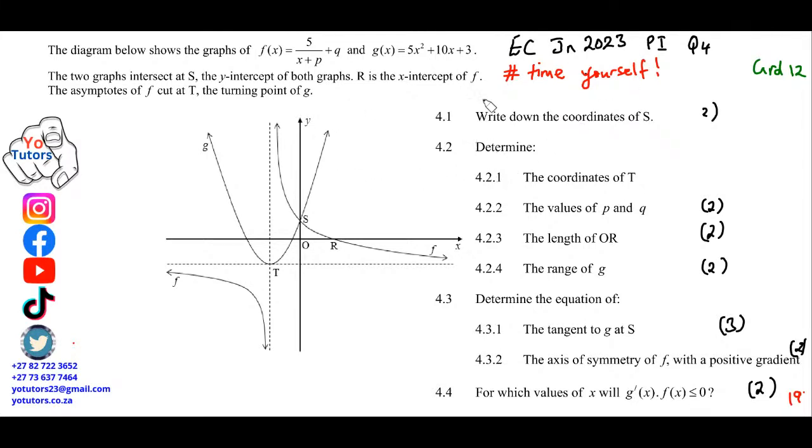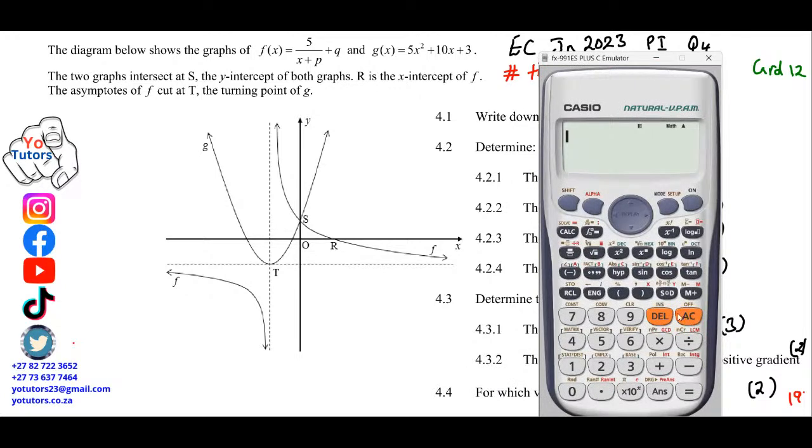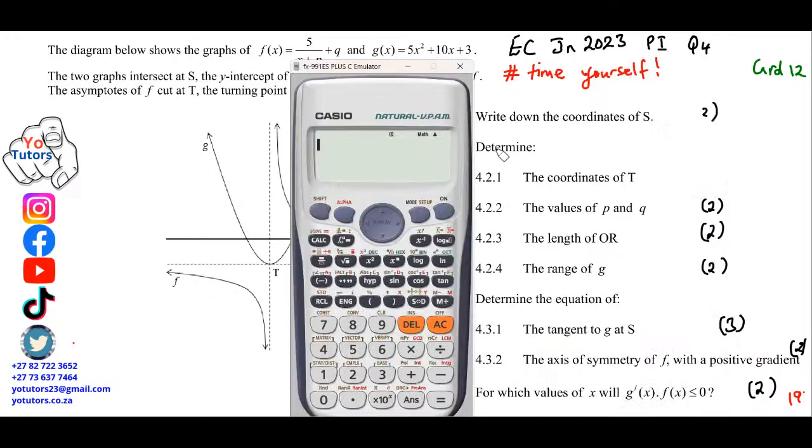So today we have a paper here, question 4 from Eastern Cape, June 2023. But before I continue, you can see here the hashtag is "time yourself". What do I mean by that? Make sure that you use the time that you are given, the allocated time here, to measure how fast you can actually beat the